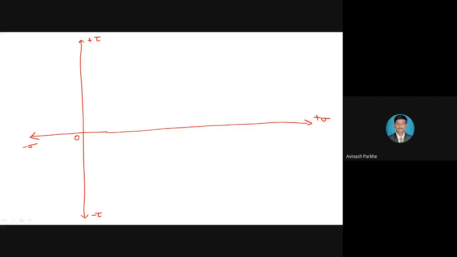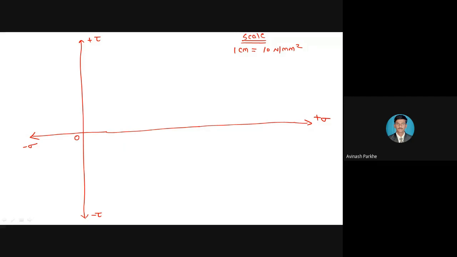Okay, before starting, we have to select the scale. So at the top side, I will write down the scale: 1 centimeter is equal to 10 Newton per mm square. Select the scale. I have written it at the top side: 1 centimeter is equal to 10 Newton per mm square.